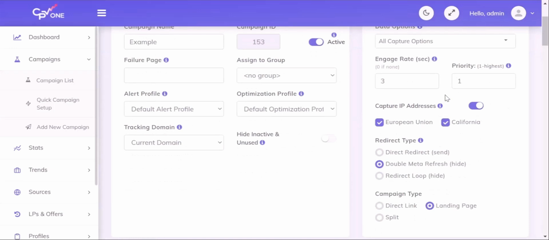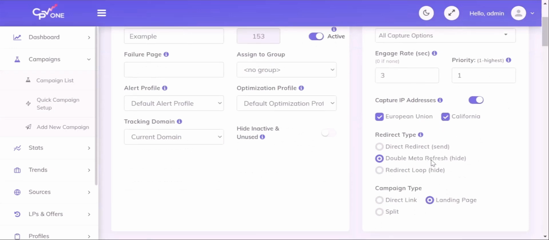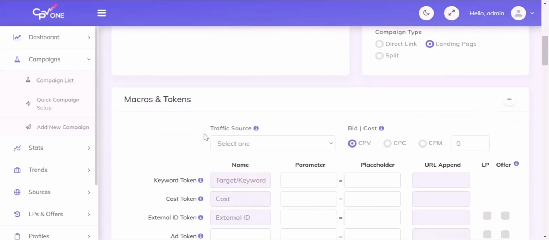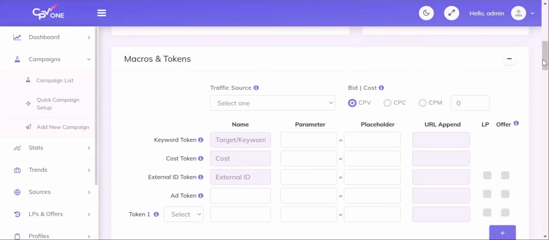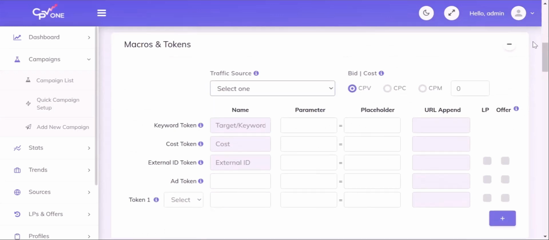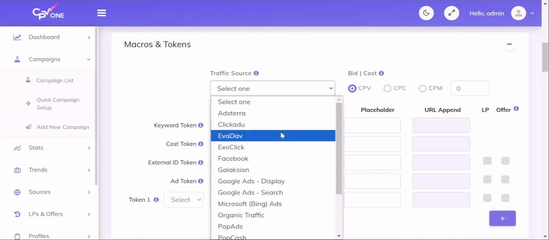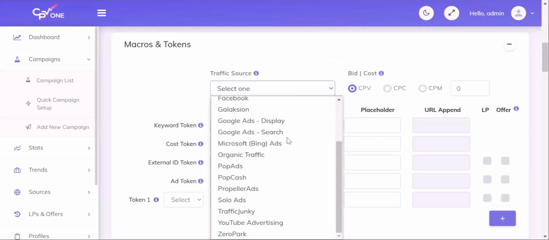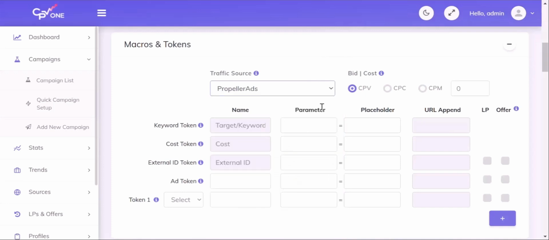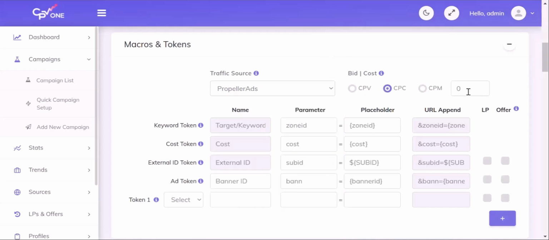And we're going to leave everything else here at default. And I'm going to go ahead and scroll down to the macros and tokens section. So now in the macros and tokens section, we're going to select the traffic source by clicking the traffic source drop-down menu. And then we're going to select Propeller Ads for this example, and select a CPC of 1